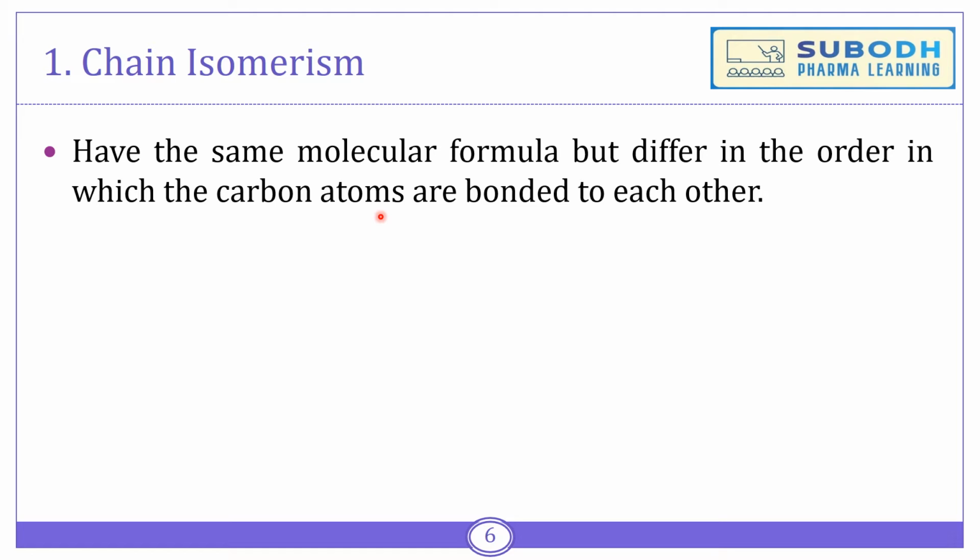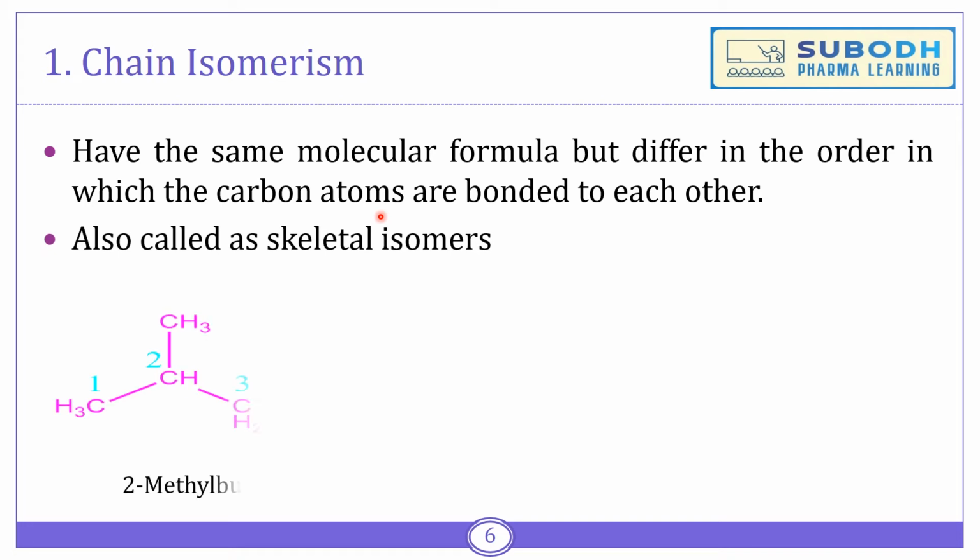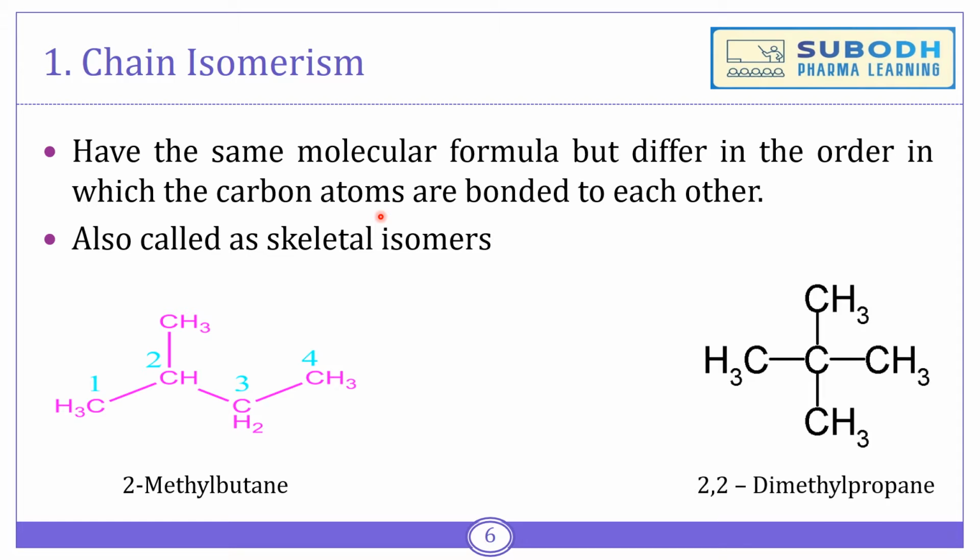These are also called skeletal isomers. For example, 2-methylbutane and 2,2-dimethylpropane. When you see both the structures, you will observe that in the first structure, the longest chain is of